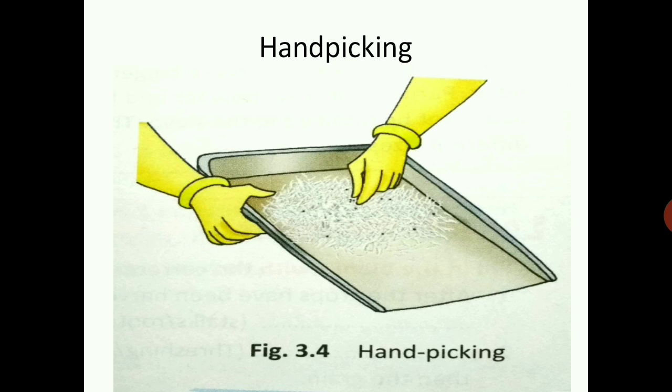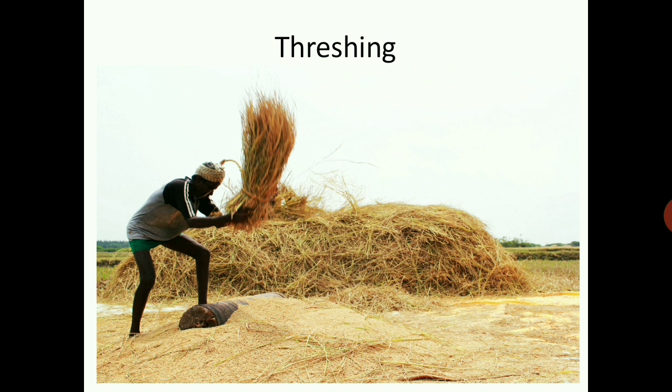The next process is threshing. You must have seen bundles of wheat or paddy stalks lying in the field after harvesting the crop. Stalks are dried in the sun before the grain is separated from them. Each stalk has many grain seeds attached to it. Imagine the number of grain seeds in hundreds of bundles of stalks lying in the field. How does the farmer separate grain seeds from those bundles of stalks?